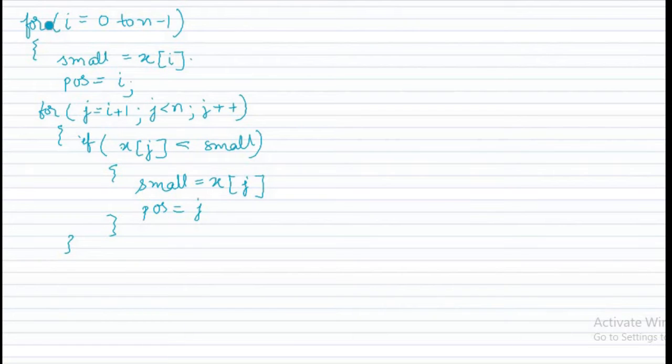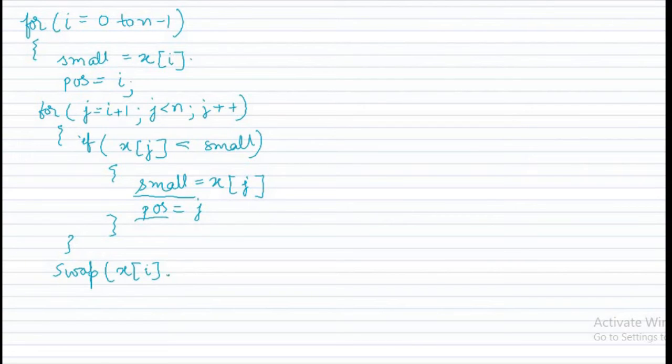After this j loop, we will have the smallest element of the list in the variable small, and the position will indicate the index of that smallest element. So what we are going to do is swap this smallest element with the first element, and the first element is xi. So I will simply write swap